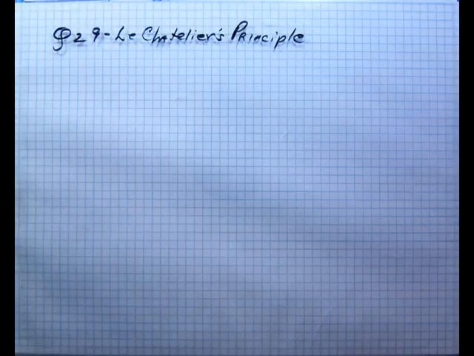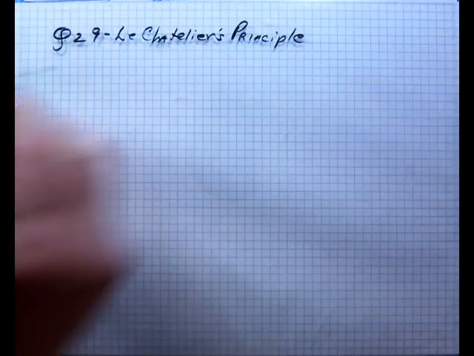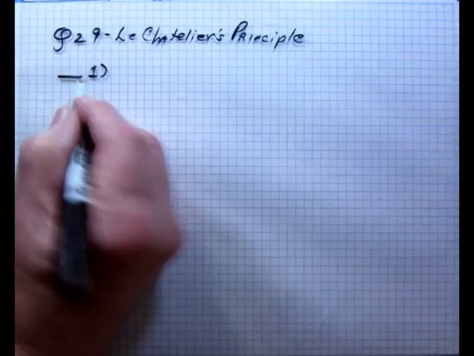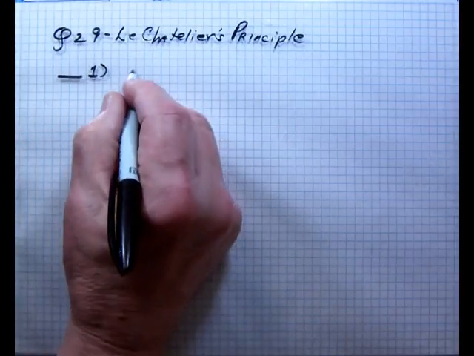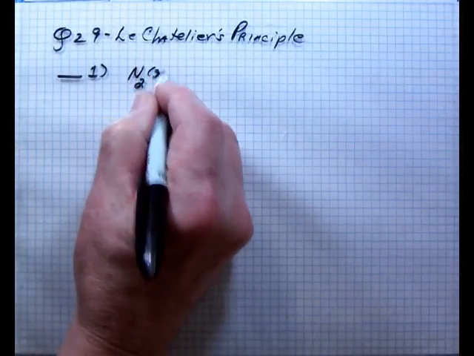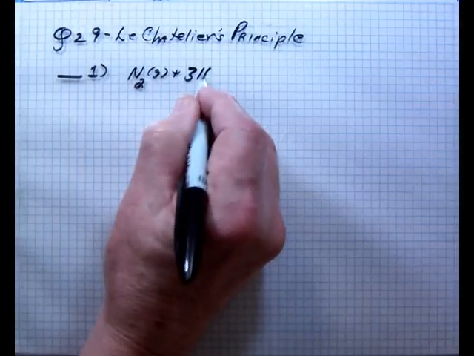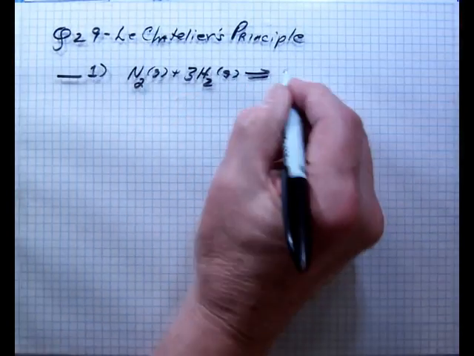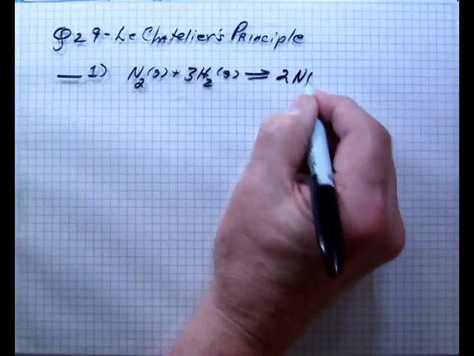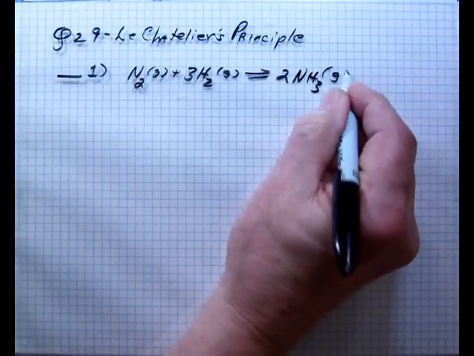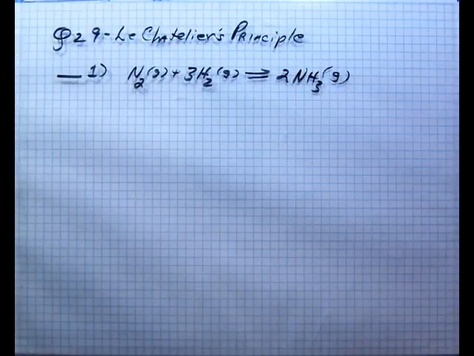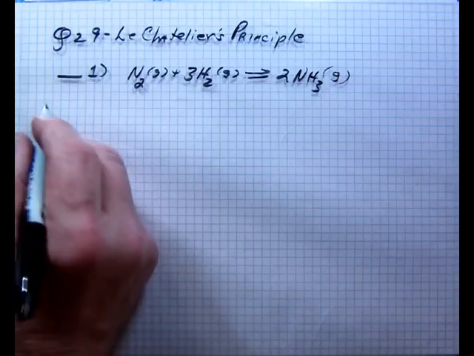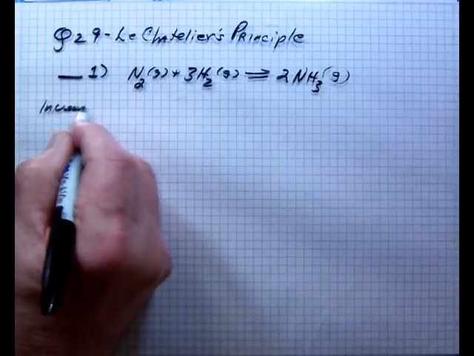Le Chatelier's principle. Question number 1 gives you the reaction in which nitrogen and hydrogen are in equilibrium with 2 moles of ammonia. And so we ask, which way will it shift if we increase pressure? So we're going to increase pressure,